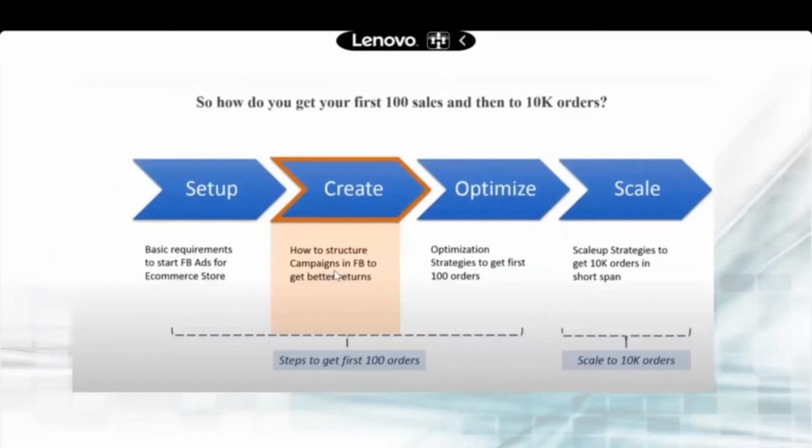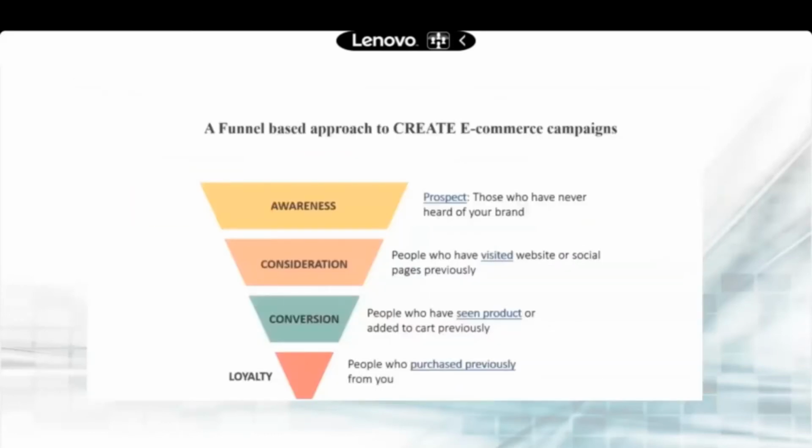The next step is creating, and I have shown you from the catalog option how you can create your campaigns. Now, once you have created your campaign, how can you optimize it? Say you are optimizing to get your first 100 orders. What steps will you take? This is typically the funnel for digital marketing.